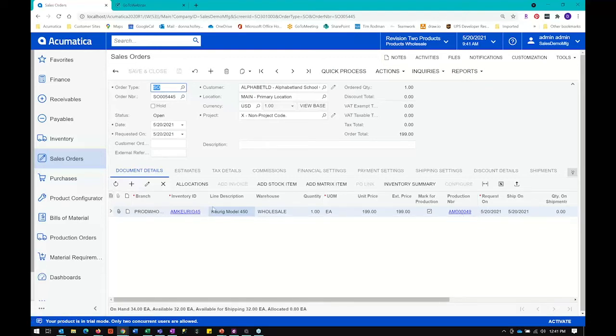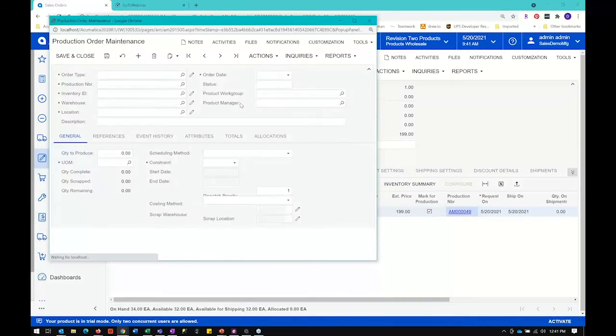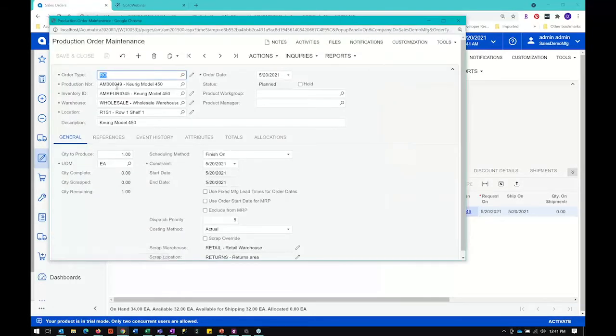You can also create production orders outside of the sales order by going through the production orders module, and we'll talk a little bit about that later. But for now, I'm going to continue on through the sales order and click on the production number. It opens up a pop-up and it pops me up in the production order maintenance screen where there's a lot of information. So the production number, it's telling me what inventory ID I'm going to be manufacturing, what warehouse that this will be